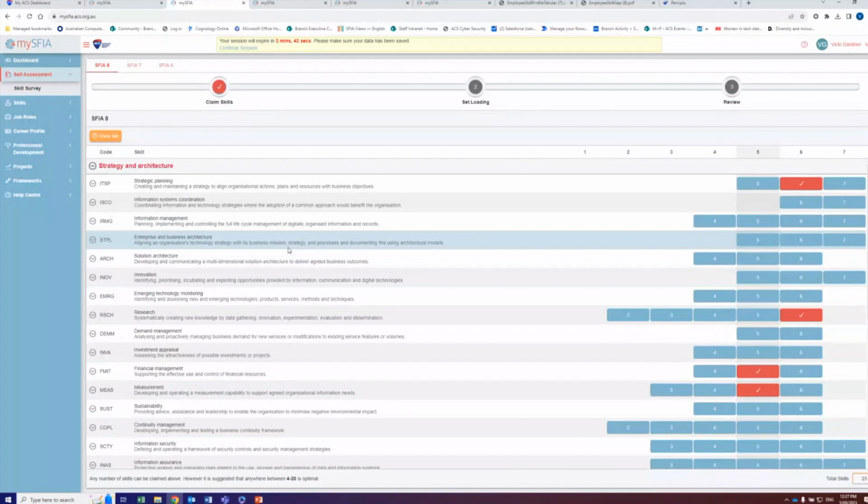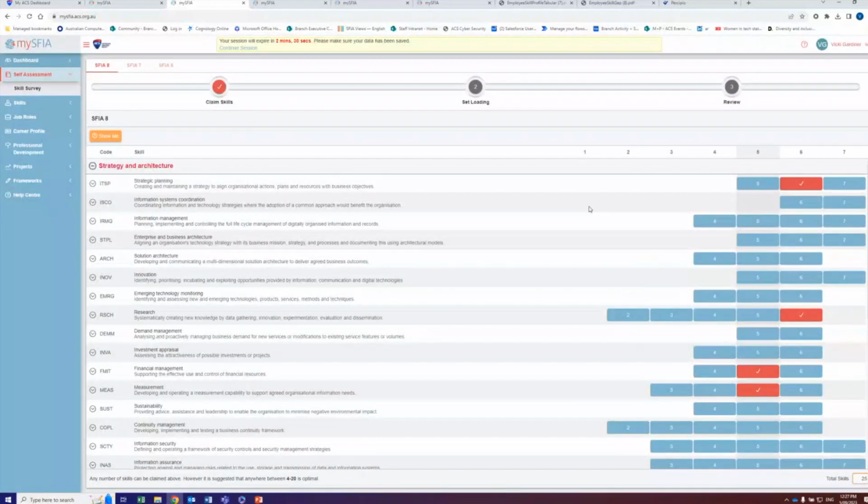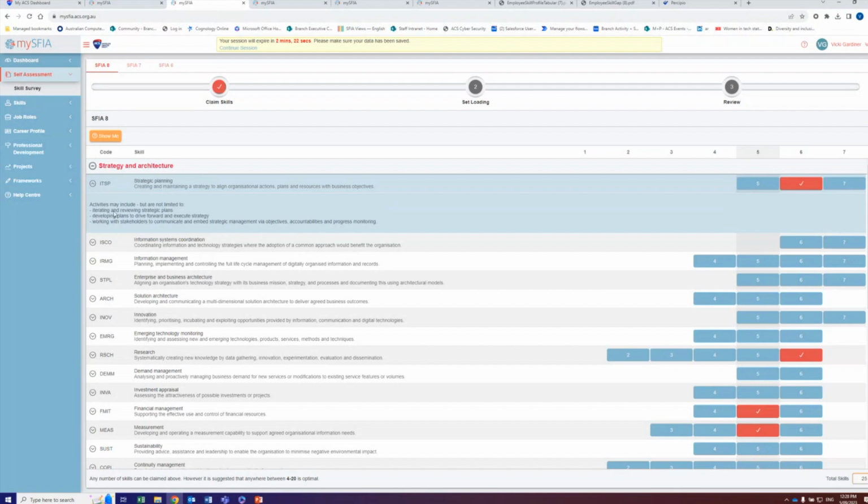Depending again on what you do as part of your role, you can see here that for each of the skills, they have different levels across each of the different roles and responsibilities. And you can hover over all of these to see the definitions. For instance, with this strategic planning skill, you click on this down button here to get the description of that particular skill. And then you can hover over the level to get a description of examples of activities you do to implement or demonstrate that skill at that particular level.